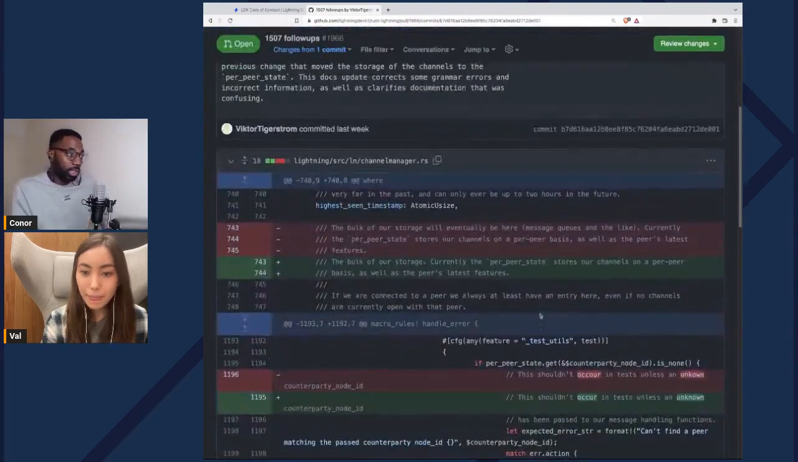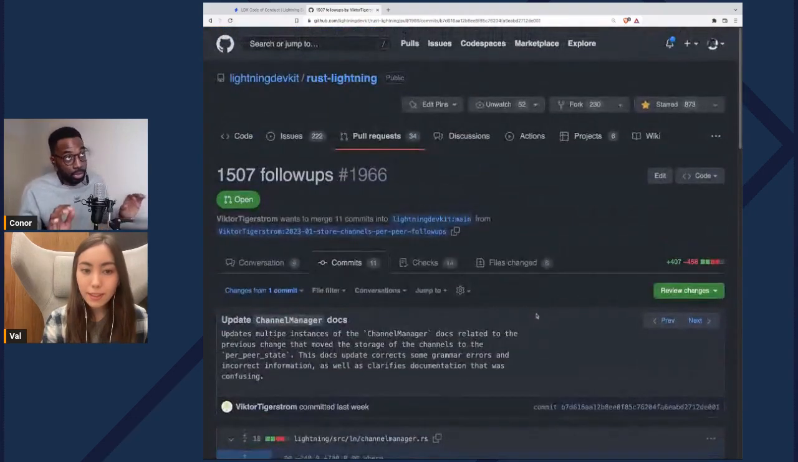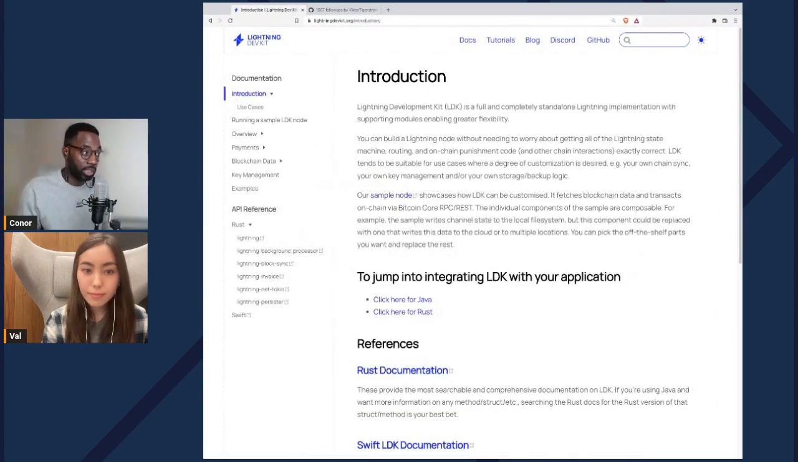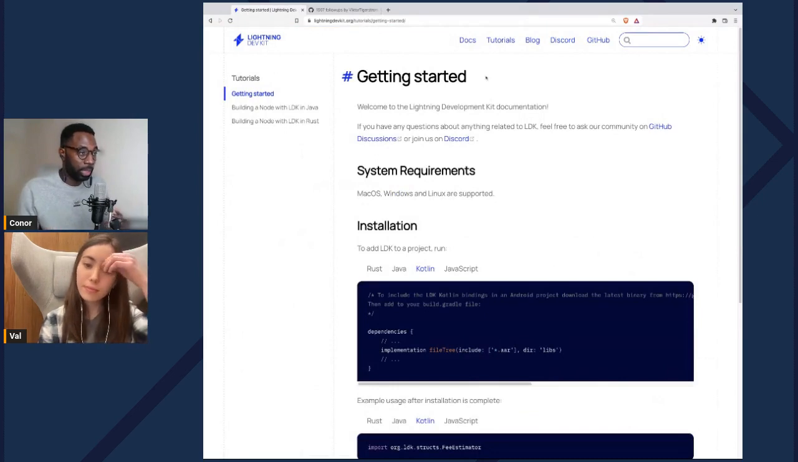So okay, yeah, let's talk about documentation, the different types of documentation we have. It kind of primarily exists in two formats. So we have the Lightning Dev Kit website, which is I guess more high level documentation around what LDK is, the features it has, an overview of how to stitch the pieces together,